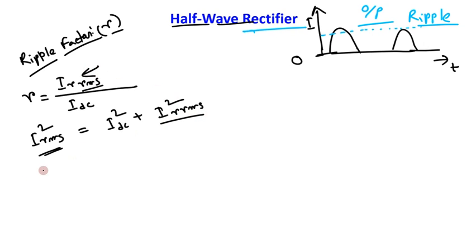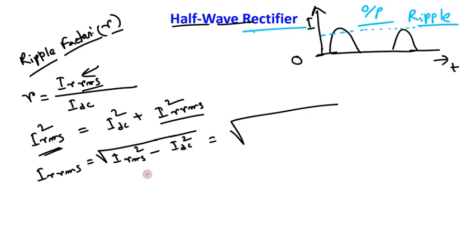So we have to find what is I_r RMS. How can you find I_r RMS? It is nothing but I_RMS square minus I_DC square. Now we know this value as well as this value. Let us substitute it. This is Im square by 4 minus Im square by pi square. Now if you calculate it,